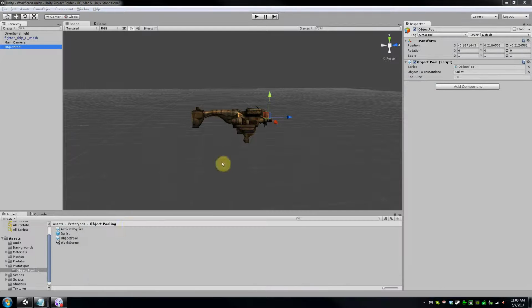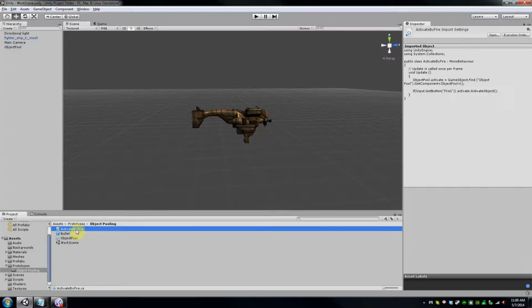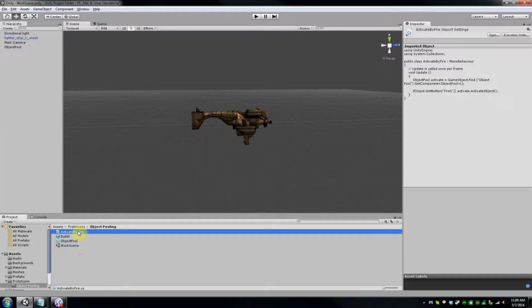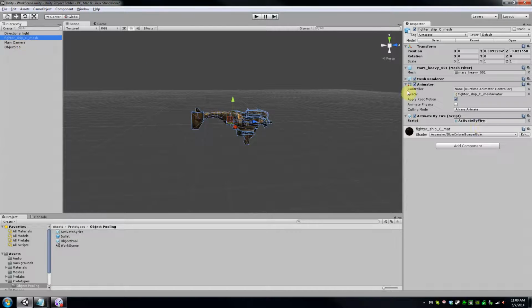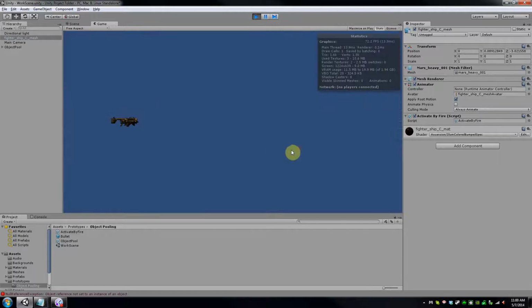Alright, so after we create our activate by fire, let's go ahead and attach it to our ship here. As you can see, we don't have any compile errors, so what this should do is start blasting stuff. Alright, what's going on here? Well, if we look closely,